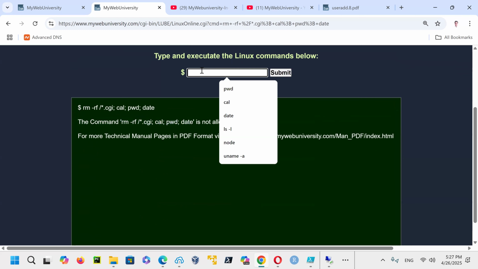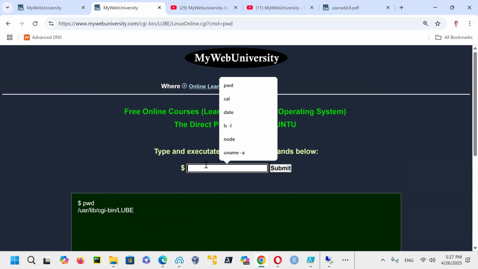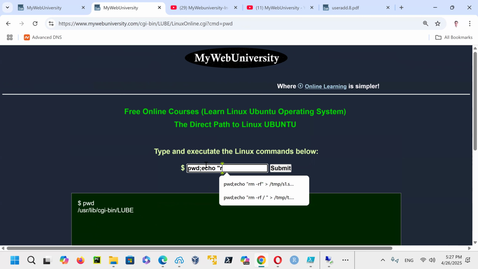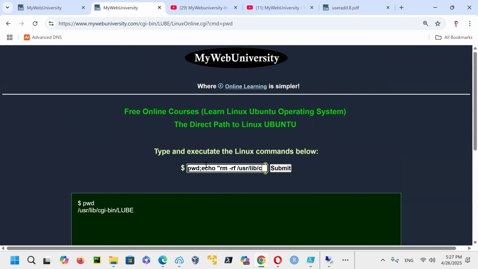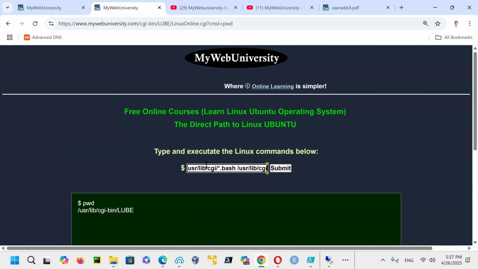So he could say, well, you're running pwd, let me SQL inject, do a pwd semicolon, and then say echo, rm -rf /usr/local/cgi-bin/*.bash, and then /usr/local/cgi-bin/*.cgi.